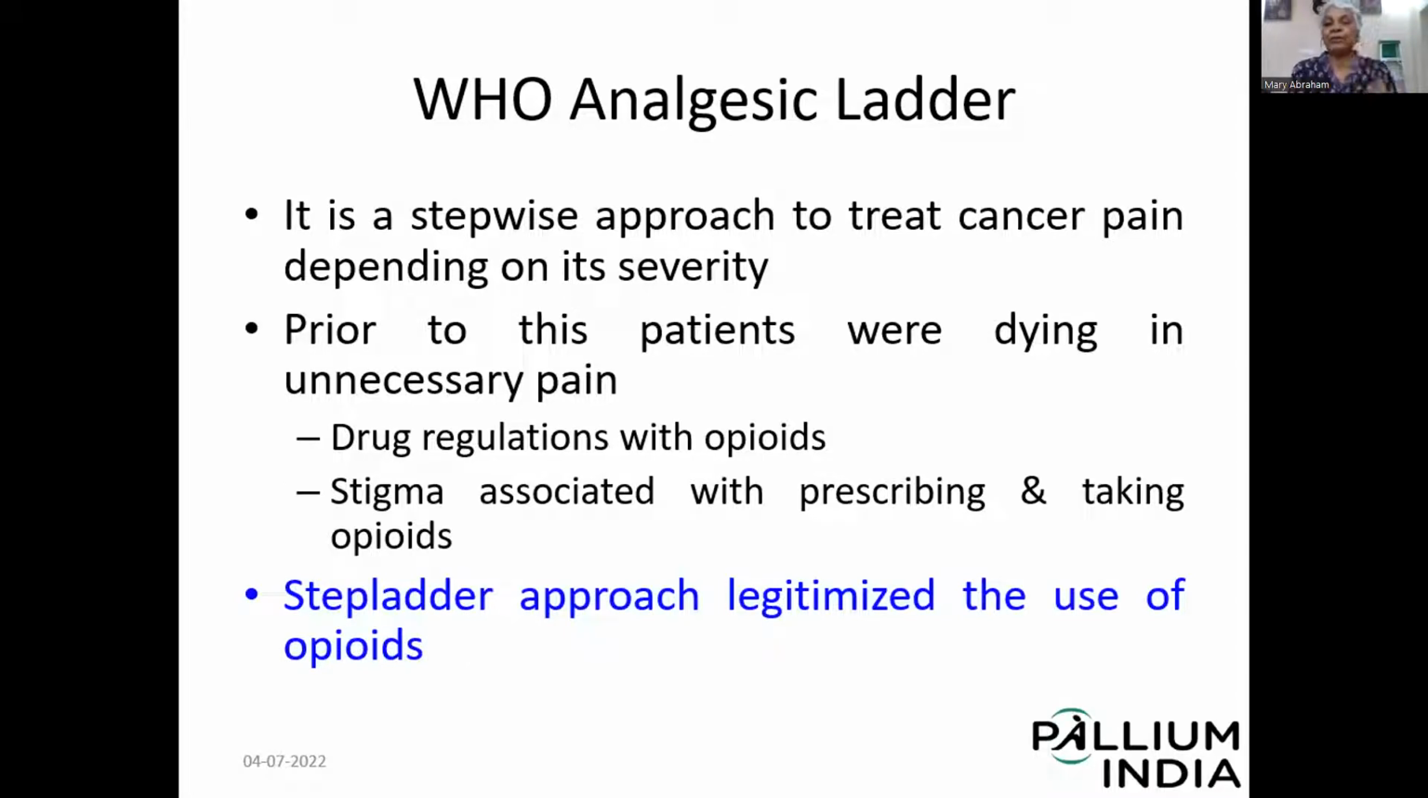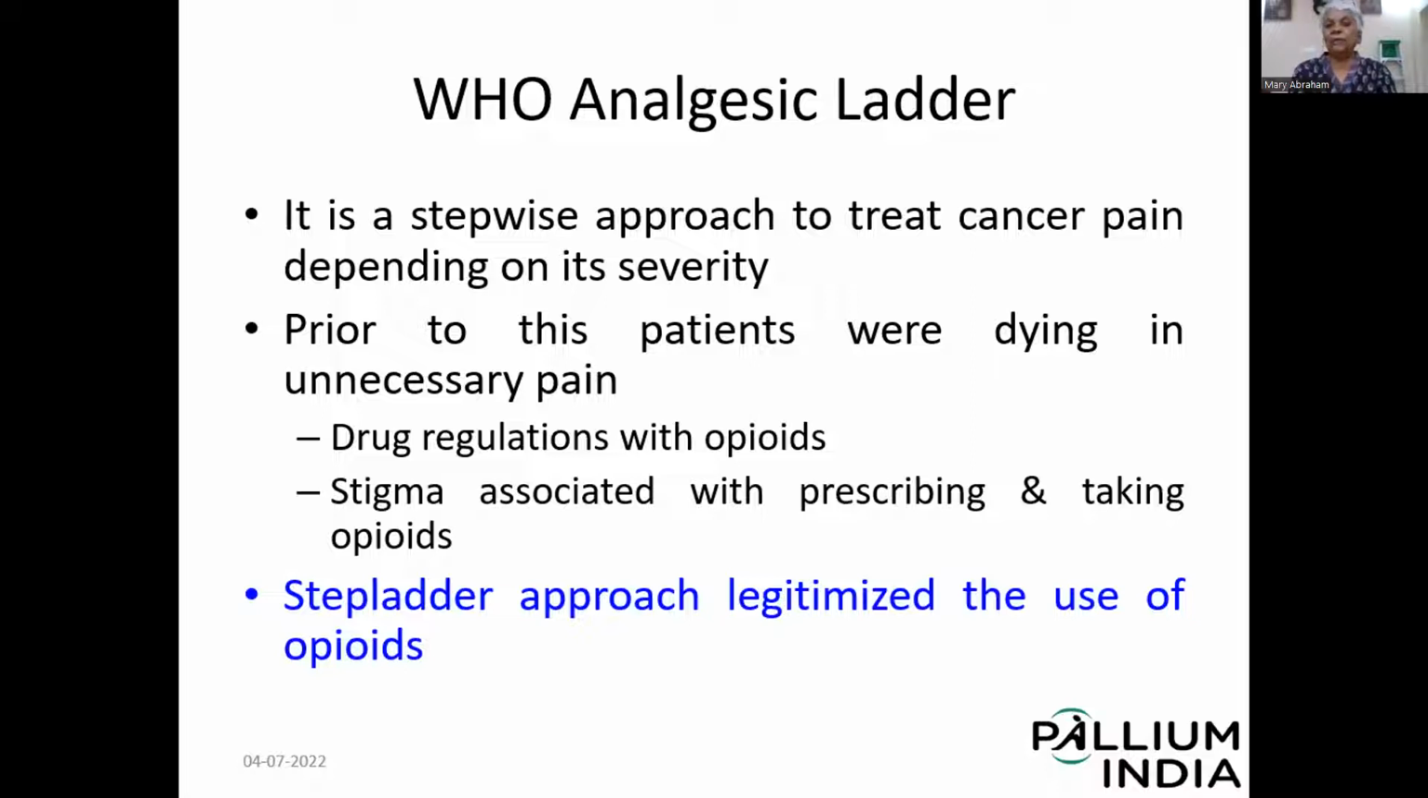Now, it is a stepwise approach to treat cancer pain, depending on the severity or the intensity of pain. Now, prior to the 80s, people were dying with unnecessary pain for two reasons. First of all, there were a lot of drug regulations associated with the use of opioids. The bureaucracy was quite a lot. People had to have permission even to prescribe the drug, to store the drug and dispense the drug. So even for people to get access to opioids was very difficult because of these regulations. And also there was a stigma associated with prescribing and taking opioids. People were worried that they will be termed drug addicts, and the relatives were scared that their loved one will become addicted to morphine. And so there was a lot of stigma because of the use and misuse of